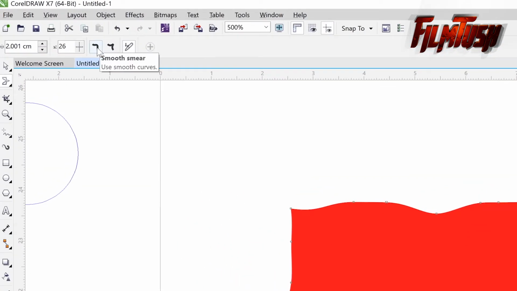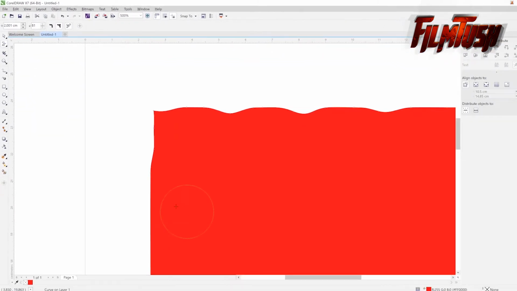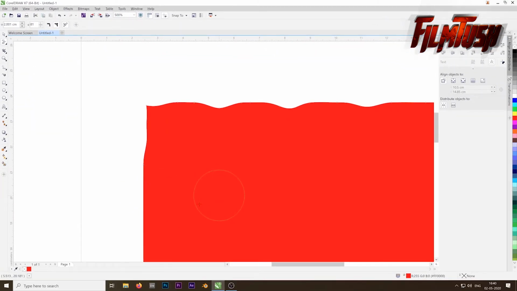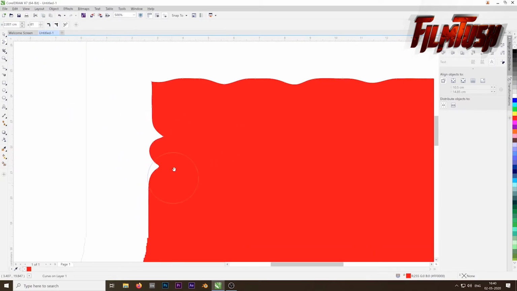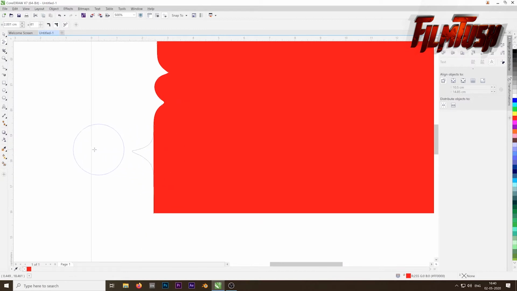By default, smooth smear is selected. Now we will choose pointy smear and see how it works, and increase the pressure value, and we will see how it behaves now. As you can see, the smear effect is now very pointy. If we drag it outside, you can see the pointy smear properly.